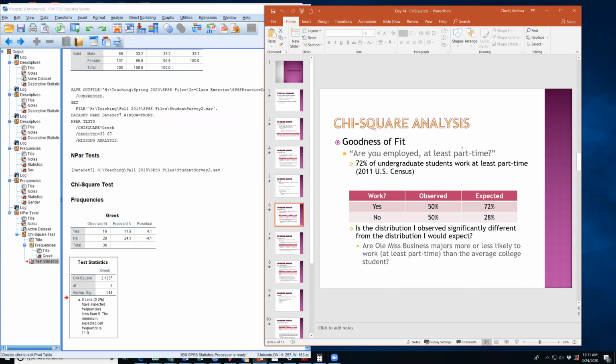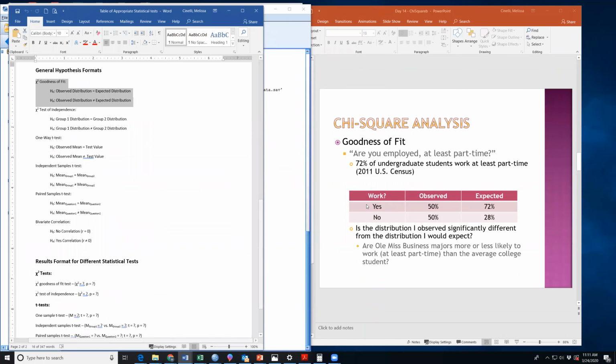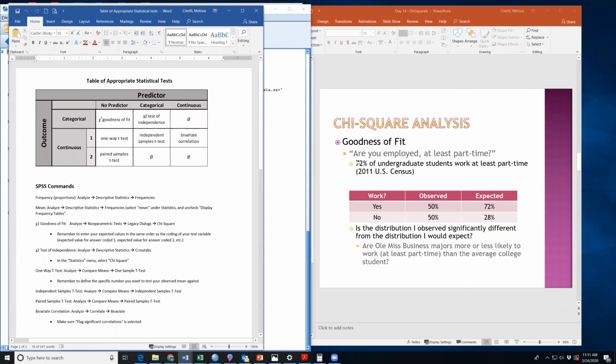Another question on the survey asks students, are you employed at least part-time? We get this data from students. Oh, I forgot to show you guys how this fits in the table. We'll do it here. Are you employed at least part-time? Is this question on the survey. This survey was given to my students in 2011. In 2011, the US Census reported that 72% of undergraduate students in the United States work at least part-time. So we can ask this question,